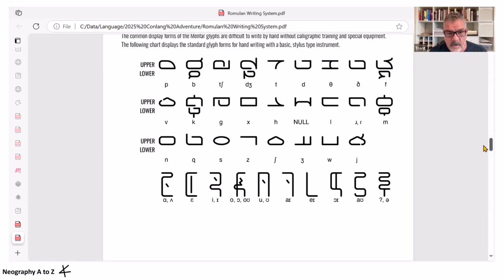So you can see how these are somewhat similar, and they give the same effect as those calligraphic forms do, but they're much simpler and they're very much easier to write if you have just a pencil or something like that. So